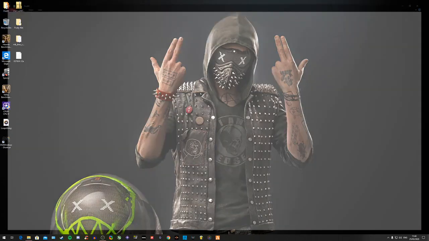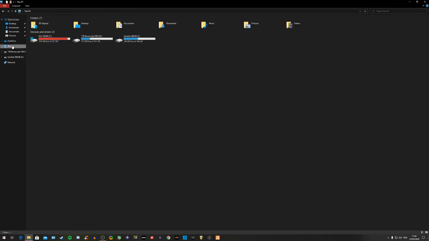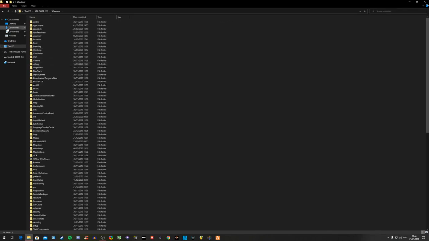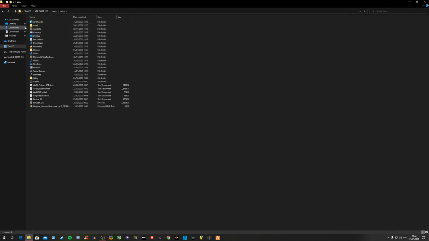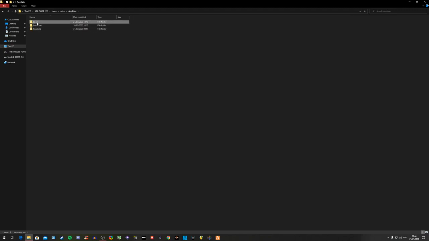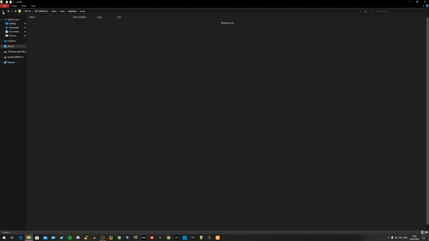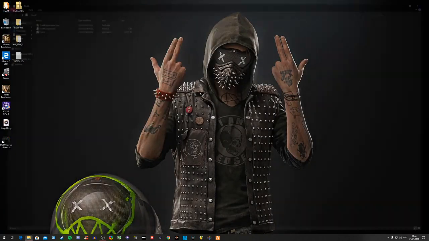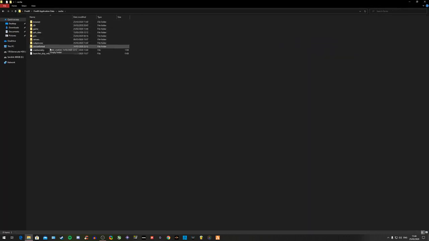So you can locate your FiveM application data folder. It's usually in, go to your PC. Obviously I've got 3 different hard drives, so whichever one you installed it on, you'd go to that, go to Users, click on your profile, app data, local, you should find it there. Obviously I've moved mine onto my desktop, so that's why it's not there. So you come into FiveM, go into your application data, into your cache,